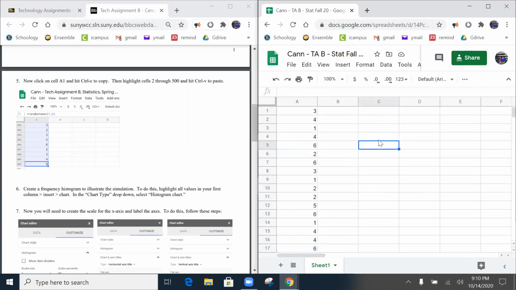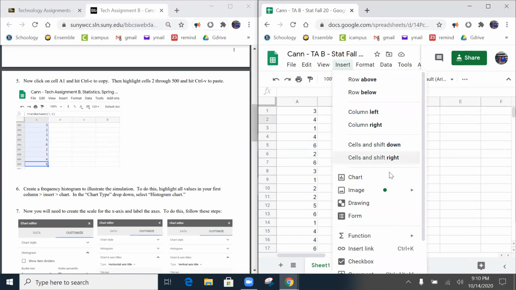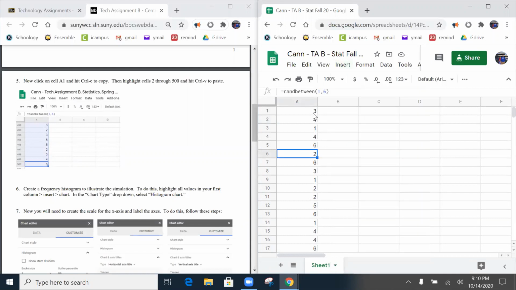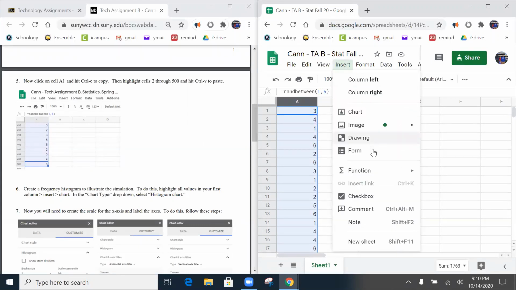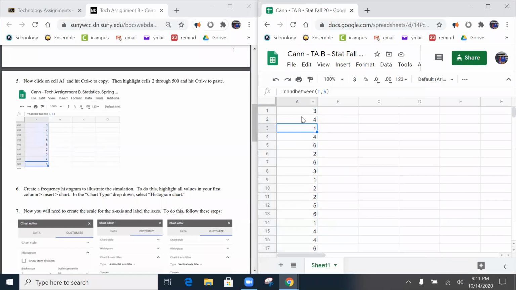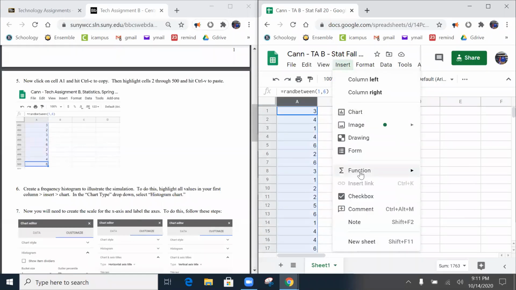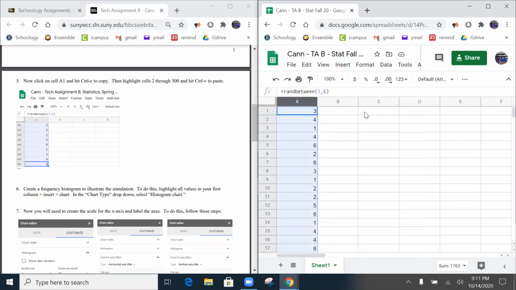What you're going to do is just click on an empty cell somewhere, go to Insert, and you'll see an option for Chart. Generally you want to have the information highlighted, but you don't have to. First, I'll do it with it highlighted. So all I did was I clicked on column A itself, not a cell in column A. Insert, Chart,